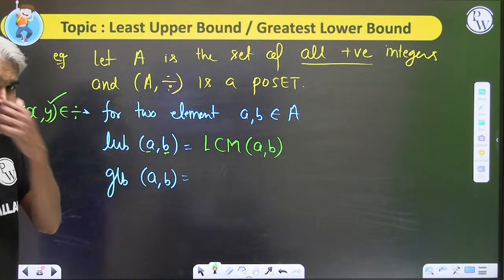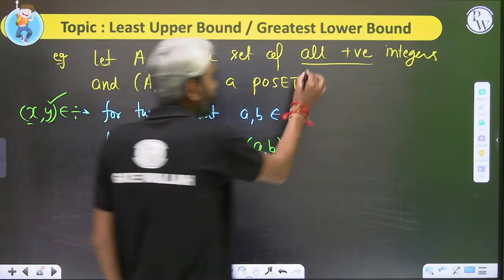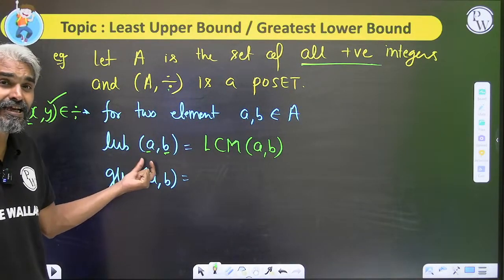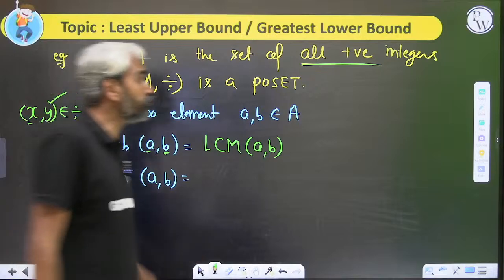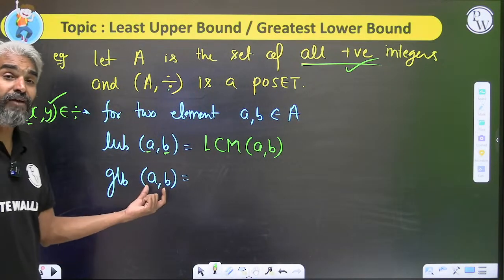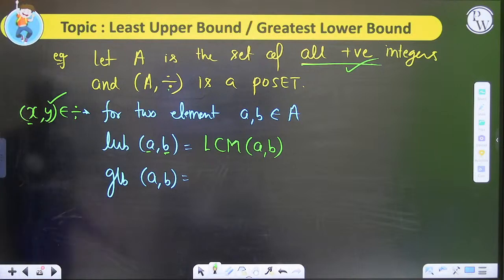Can I define it as LCM of A and B? Yes, sir. It is a set of all positive integers. So for any two positive integers, the LCM of those two positive integers will also be present in the set of all positive integers. Similarly, if we are looking at the greatest lower bound, then x is at the lower